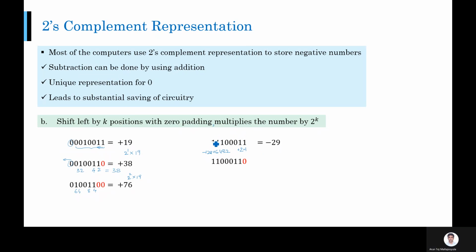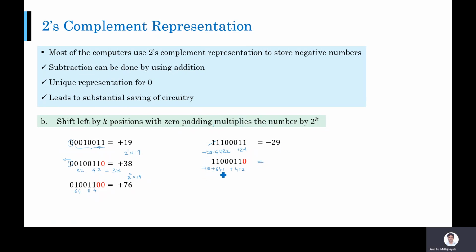Now I shift left by one position. Okay. So I have shifted it left by one position. This is now gone. All these numbers are shifted and I have added a 0 here. So this is my new number. So what is its value? You can check it. This will be again minus 128 plus this will be 64 plus 0 0 0. This will be 4. This will be 2. Okay. Just a second.